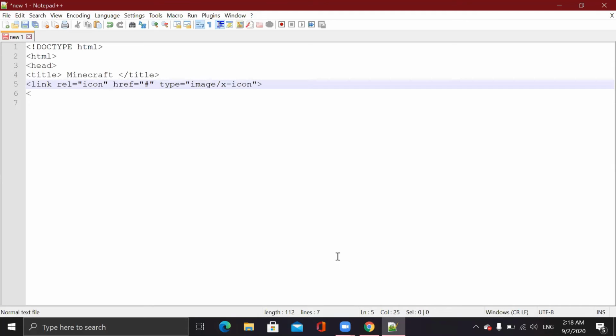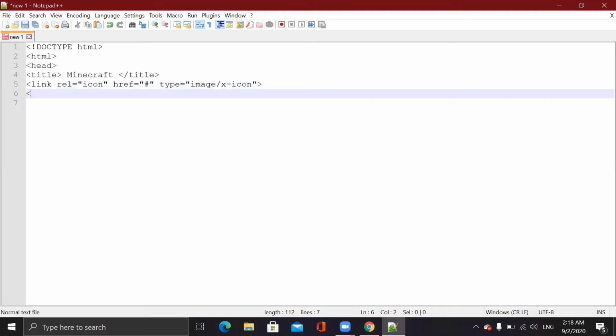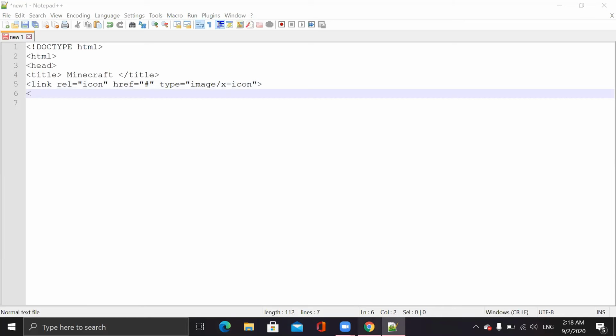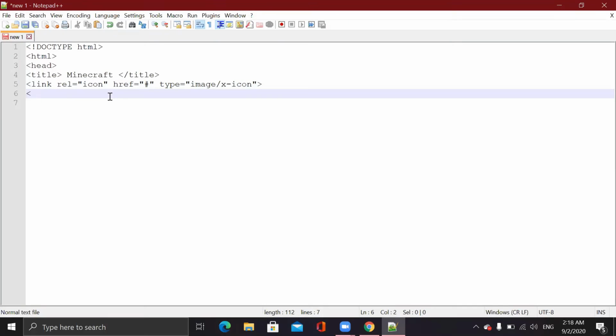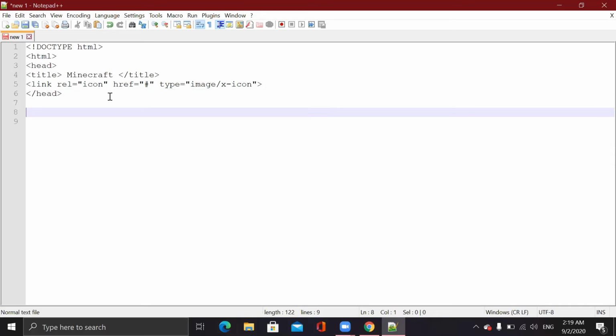Okay. Now let us come back here. Open the new file. I want to go to Google. Let's go to Google. Come back over here. Let's close the head first. Okay, we are done with the head section. And let's attach the style sheet, the CSS. So to add a CSS, we say link rel stylesheet, and